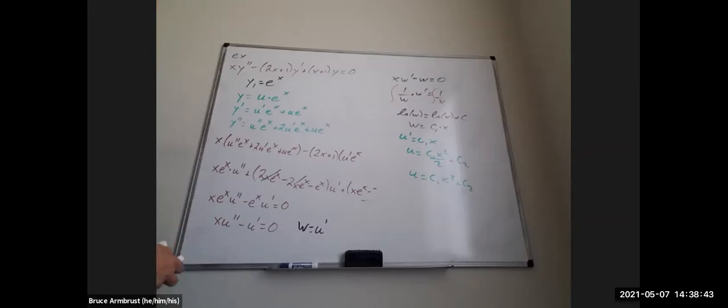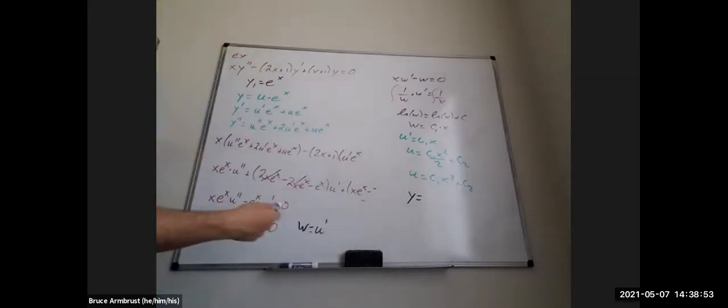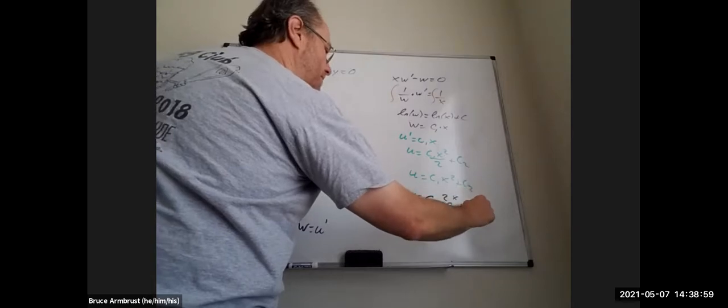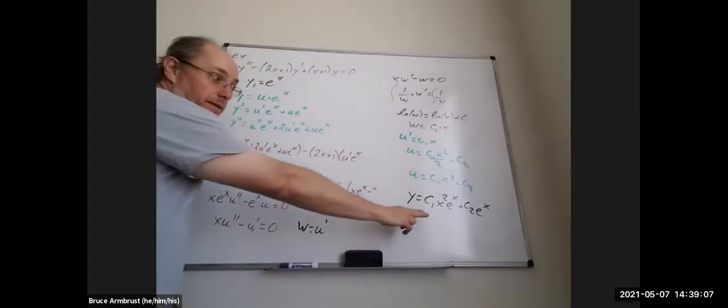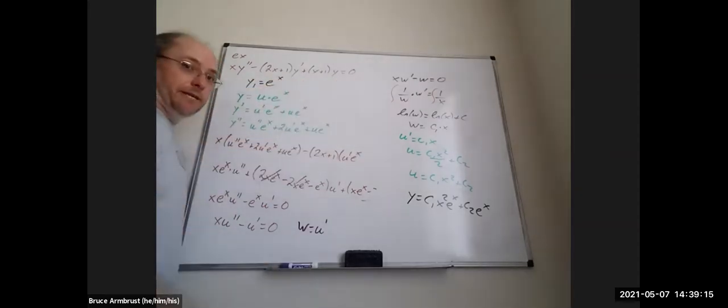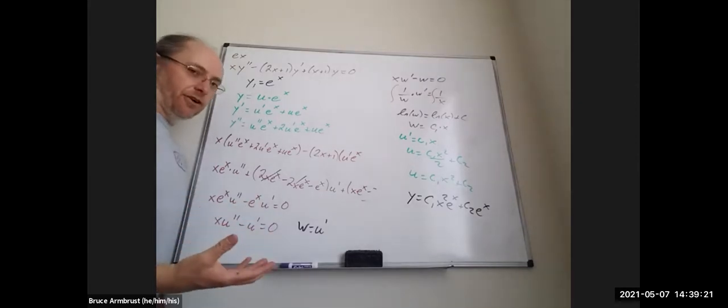Which means we're almost done, right? Now we just need to multiply that to our original y, or our original y1. And so we get y is equal to, well, multiply all that by e to the x. So we get c1 x squared e to the x plus c2 e to the x. And notice that this one doesn't have a third piece, right? It just has the c1 and the c2 pieces. And that's because we started with homogeneous. So reduction of order, it actually doesn't care at all